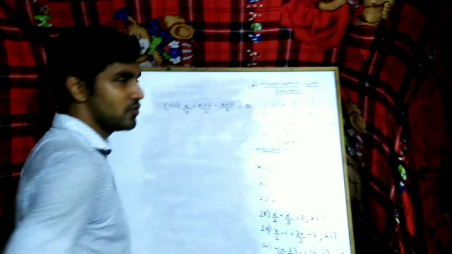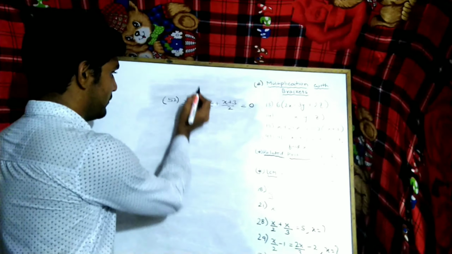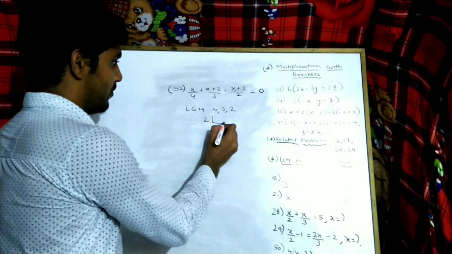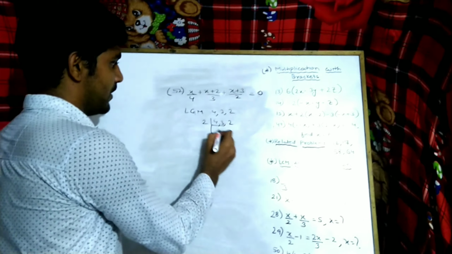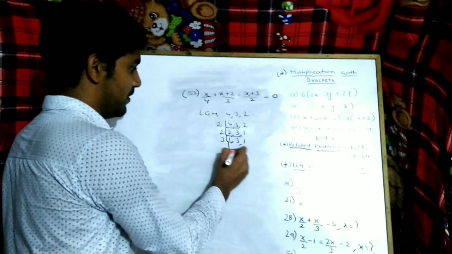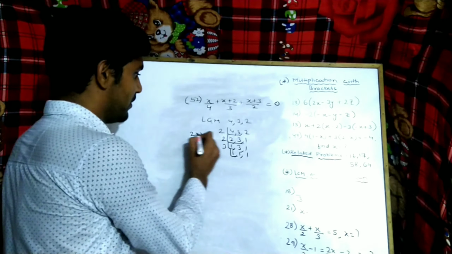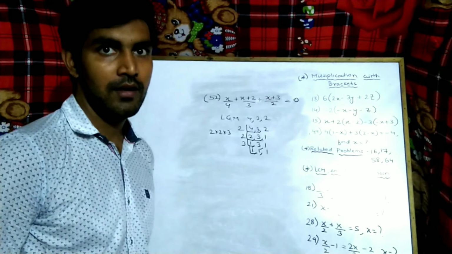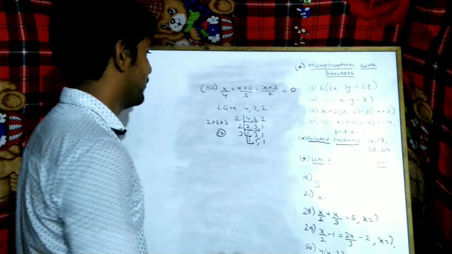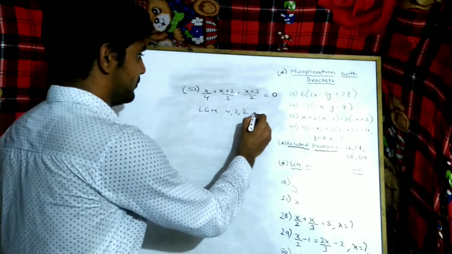Now there are 3 denominators. So you have to take LCM only. Now LCM you have to take of 4, 3 and 2. Tell me how. What is the LCM? 3, 2, 3, 1. 2, 1, 3, 1. 3, 1, 1, 1. So 2 into 3. 2 2s are 4, 4 3s are 12. So 12 is the LCM. Okay?